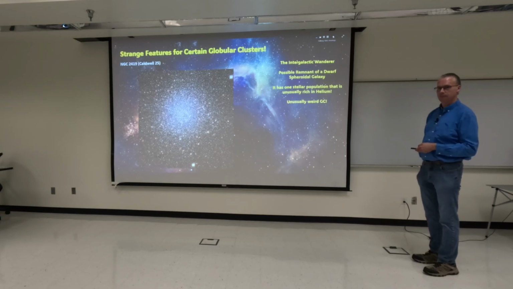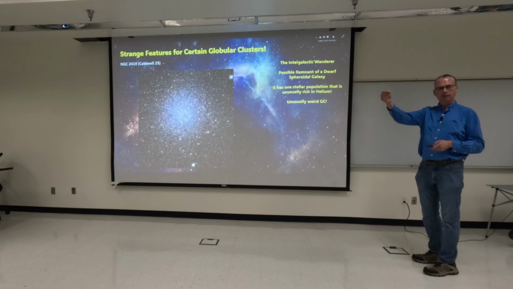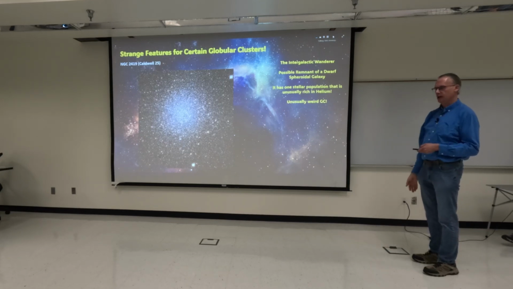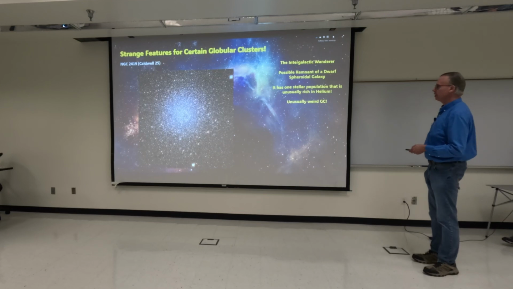So is it leaving us now, or? It's moving through the galactic halo. It's sort of halfway between moving towards us and moving away from us. So yes, it's receiving a gravitational slingshot by the Milky Way galaxy. It's about as close as it's ever going to get right now. Yes, but it's passing by us. But if it was very close to us, it's very massive. It would probably be, I think, as bright as Omega Centauri.